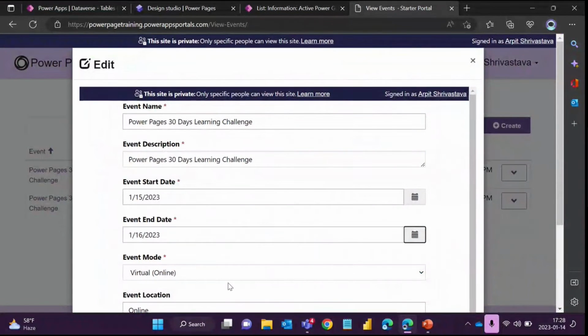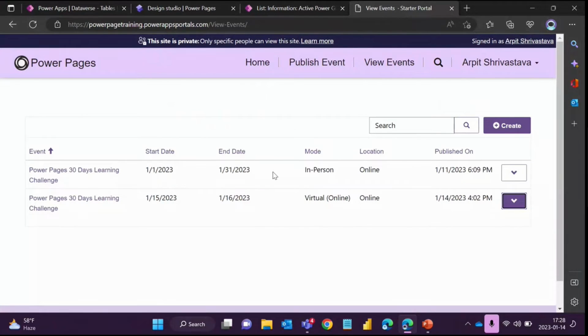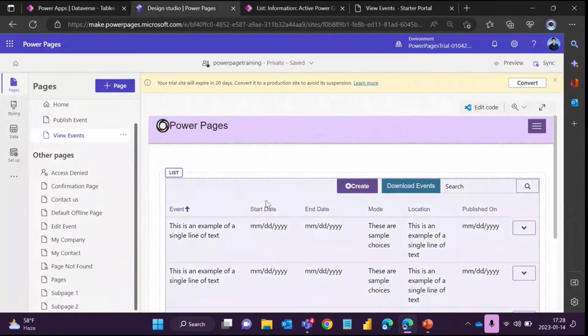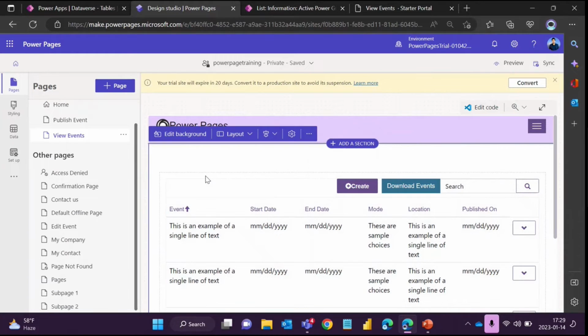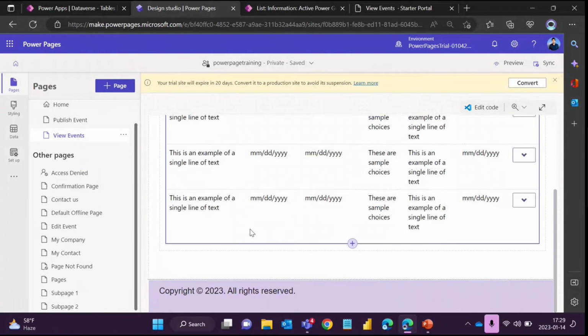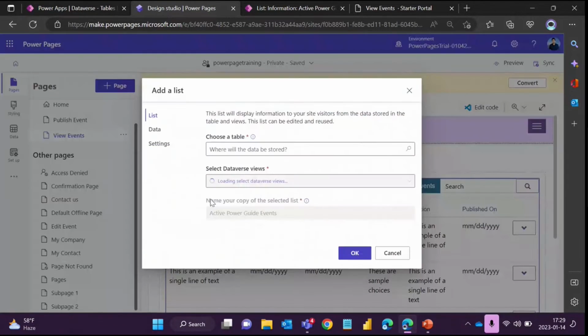if you want to edit the details in the dialog form. OK, but if you want to allow the user to edit the details in a separate page, then only you need to create a page here. Otherwise you can just create a form and tag your form to your list so that you don't need to create a separate page. So just to give a simple example of the page, let me again go to the edit list, go to